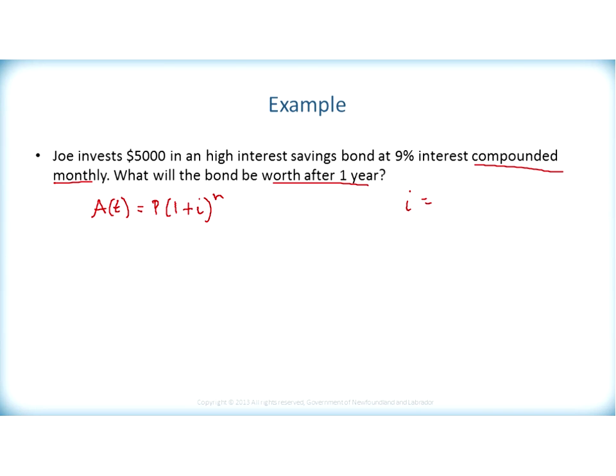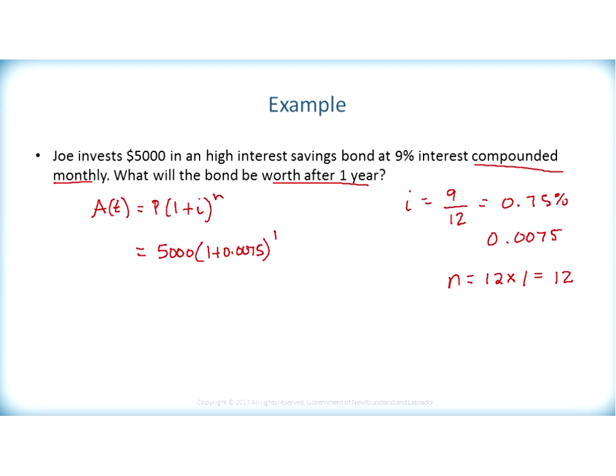We have i equal to the 9% divided by 12, since there are 12 compounding periods in a year. This would give us 0.75%, which as a decimal is 0.0075. The number of compounding periods, there are 12 when it's compounded monthly, times 1 year, which will equal 12. So our principal is 5,000 times 1 plus 0.0075 to the power of 12. This would give us